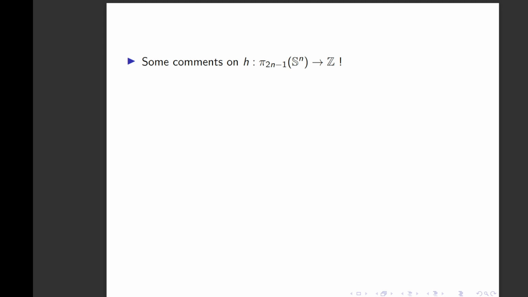Only for the case of n equal to 2 is this an isomorphism, and there is some modification that I don't remember actually. I think when n is odd, it can be shown that this map is a trivial map. At the end of this talk, you will see by Serre finiteness that this map is trivial when n is odd, and for n even, there is something we can say,